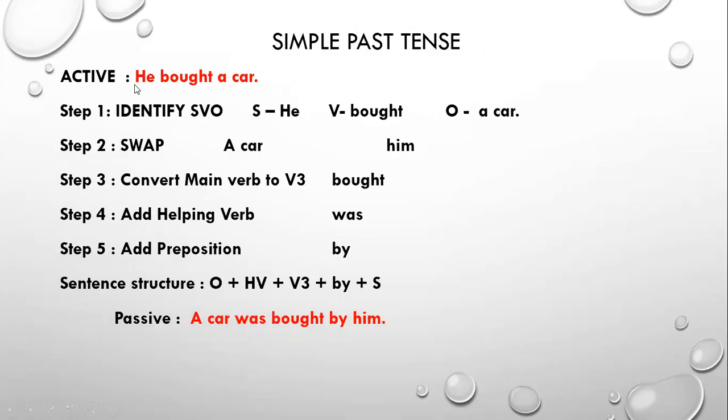Now simple past: he bought a car. A car will come in the beginning of the sentence. Now this is the second form of the verb. With the second form of the verb, the helping verb we are going to use is was or were, depending on the subject. Now here it is a car, we are talking of a singular thing, so it will be followed by was. A car was. Now what is the third form of bought? It is bought only. Buy, bought, bought. So a car was bought by him. He will become him here.